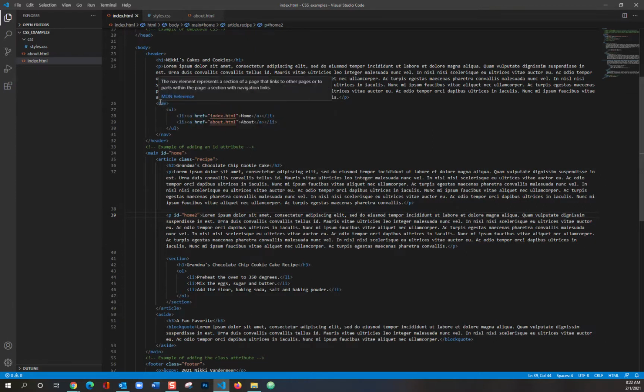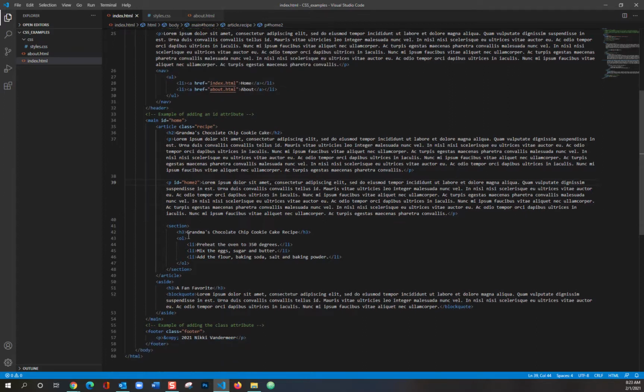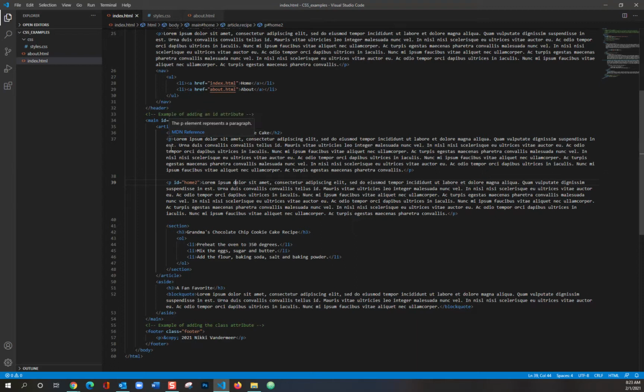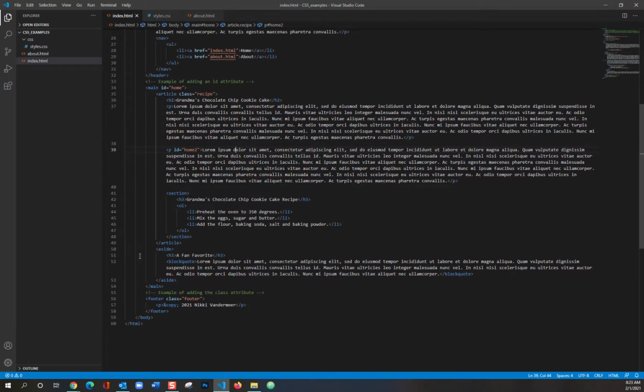So again, the navigation, the direct descendant would be the unordered list, and then additional descendants with each list item and each anchor tag. We also have in this ordered list down here the list items for the recipe that we've looked at. Another example would be the article has the H2, the paragraphs, another section, all kinds of things nested inside. So let's go down to this aside element, and the aside, if you remember, is for a